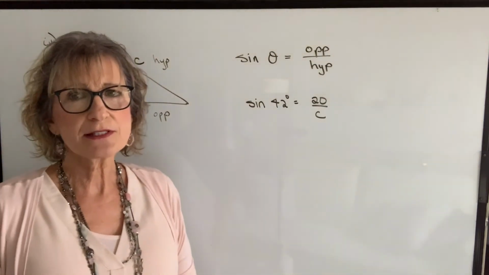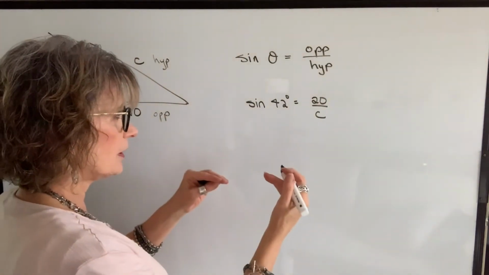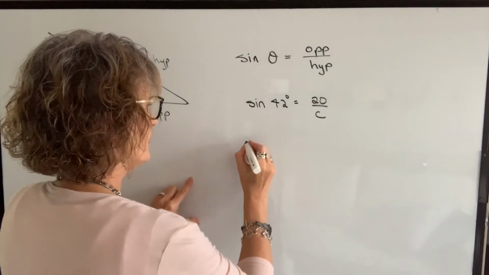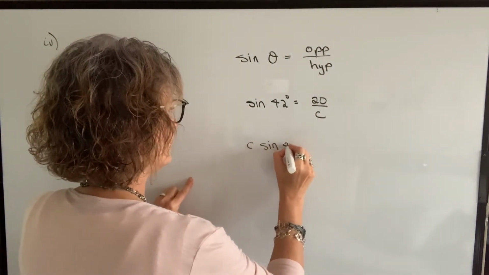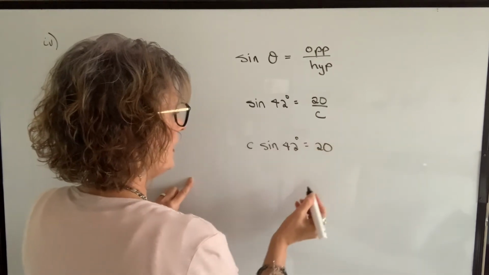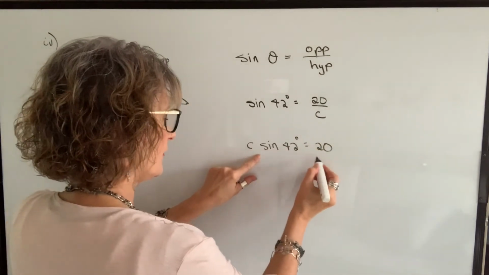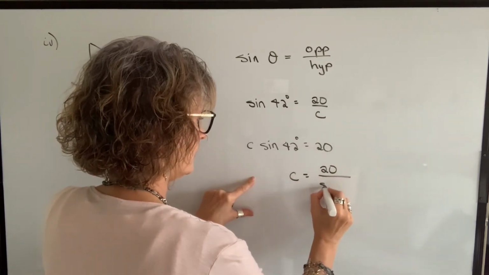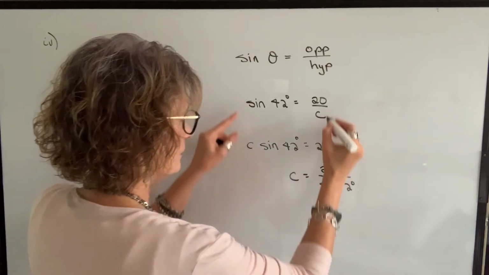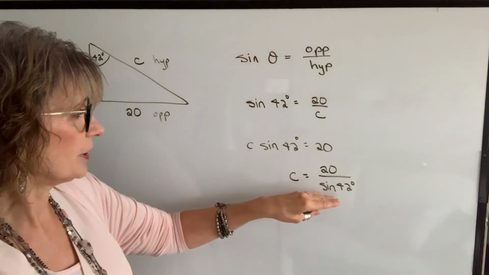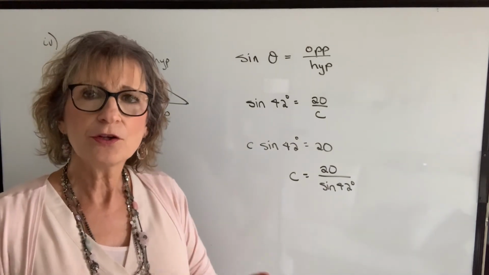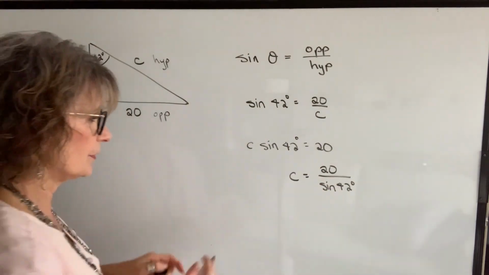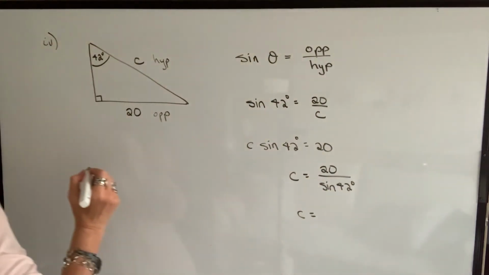In order to solve this equation, I'm going to do it in a couple of steps. I don't want my fraction here, so I'm going to multiply both sides by C. So C times the sine of 42 degrees will equal 20. And then I want to isolate C, so I'm going to divide both sides by the sine of 42 degrees. You don't have to take two steps to do it. You can just go straight from here to here, but I just didn't want to lose anybody. Okay, now you can calculate that on your calculator. 20 divided by the sine of 42 degrees should give you a value of